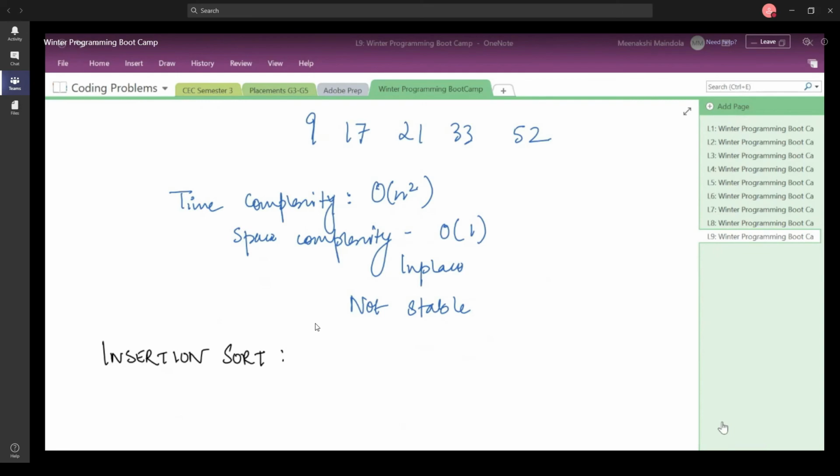You did not get the stable part in selection sort? We did not discuss anything about stability here. We just said that selection sort is not a stable sorting algorithm. If you want to go ahead, you can consider a set of elements and sort them using selection sort to find out if this algorithm is stable or not.